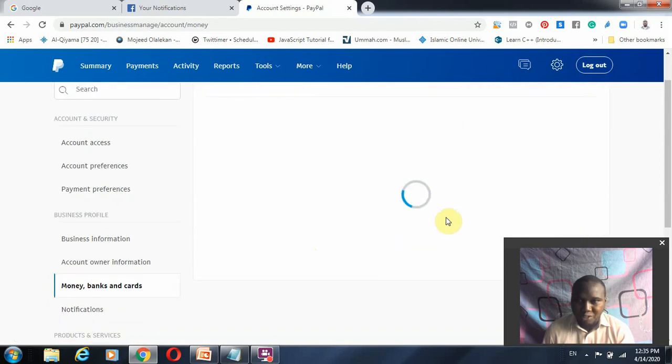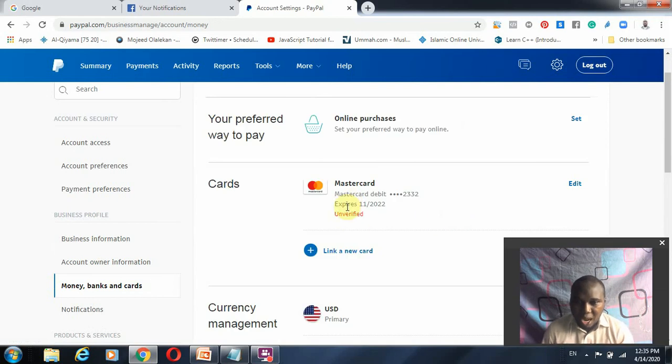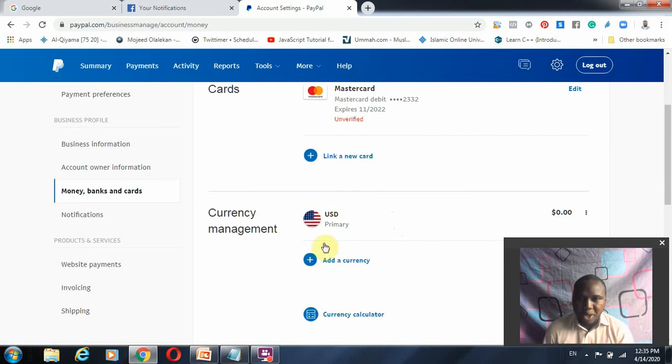I will show you where you have to go through, where you just need to link your normal Naira card with your PayPal account.